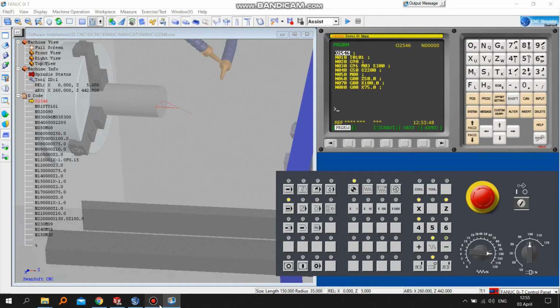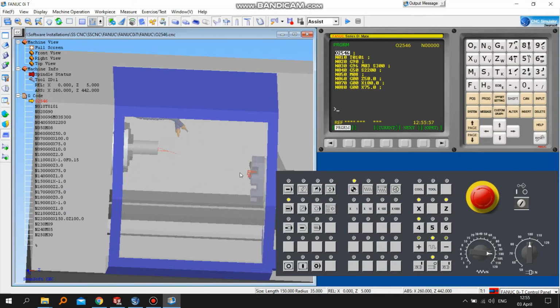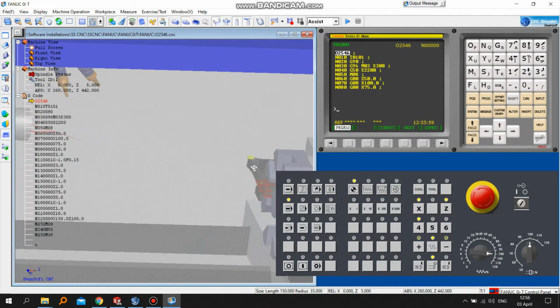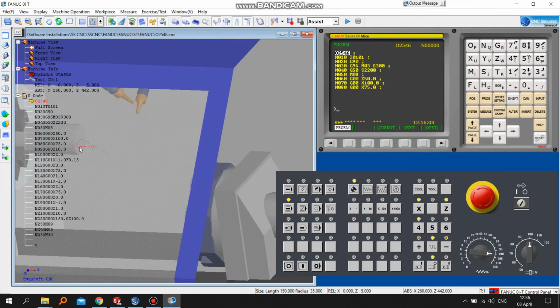Now we have to take the offset values of X and Z axis. To take that, we need to move the tool closer to our workpiece. In the machine, we just touch minimally the Z or X axis and then take values.